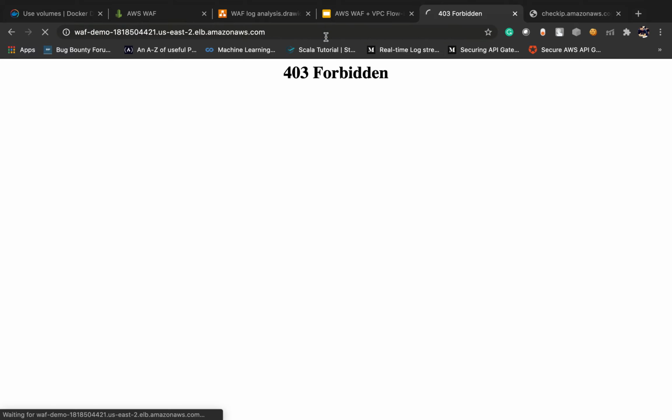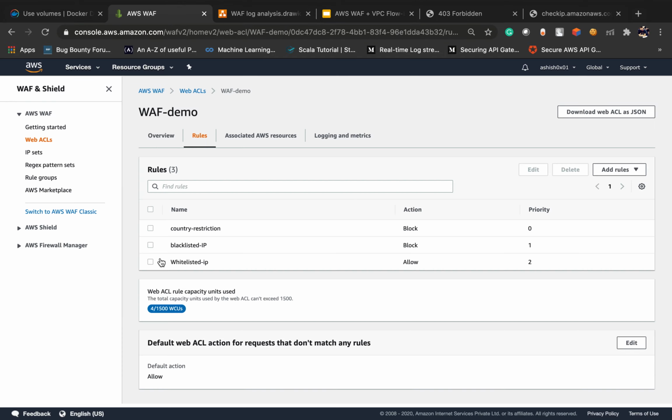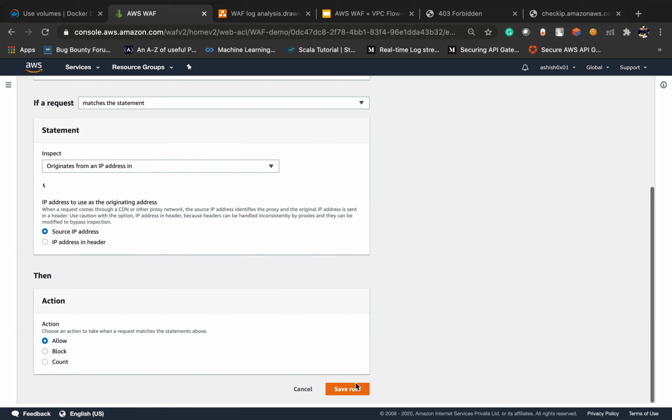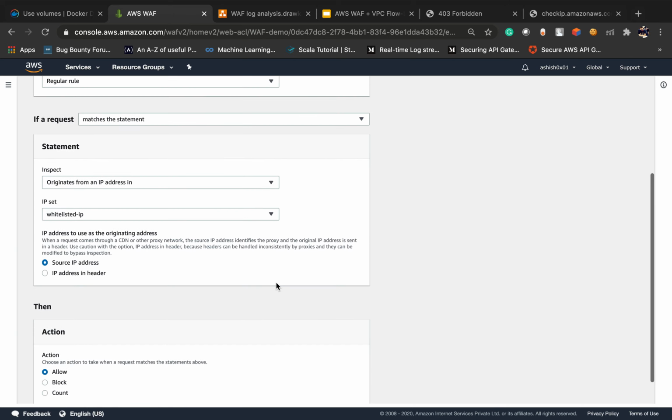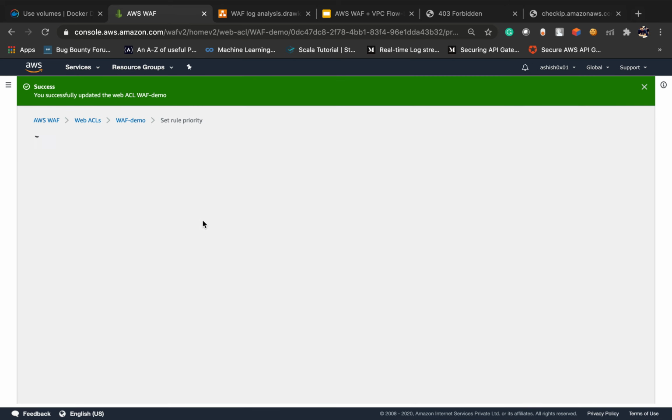Wait. Okay, country restriction, blacklist IP, it is blocking, then it is allowing, so we need to move it up. Its priority will be first.